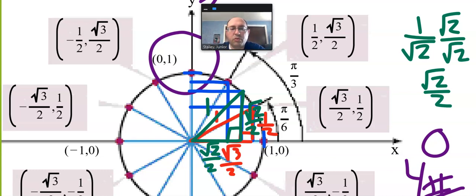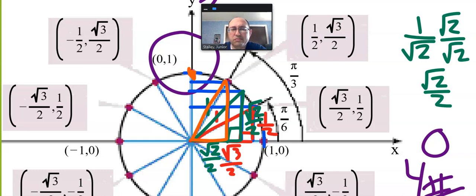Everything is based upon the 30, 60, 90 or the 45, 45, 90. And you're probably like, well, wait a sec. What about the 60 degree? Guess what kind of triangle that is? 30, 60, 90. Same thing as the red one. It's just been flipped. Now, when you start getting at the axes, like here at pi over 2, there's no